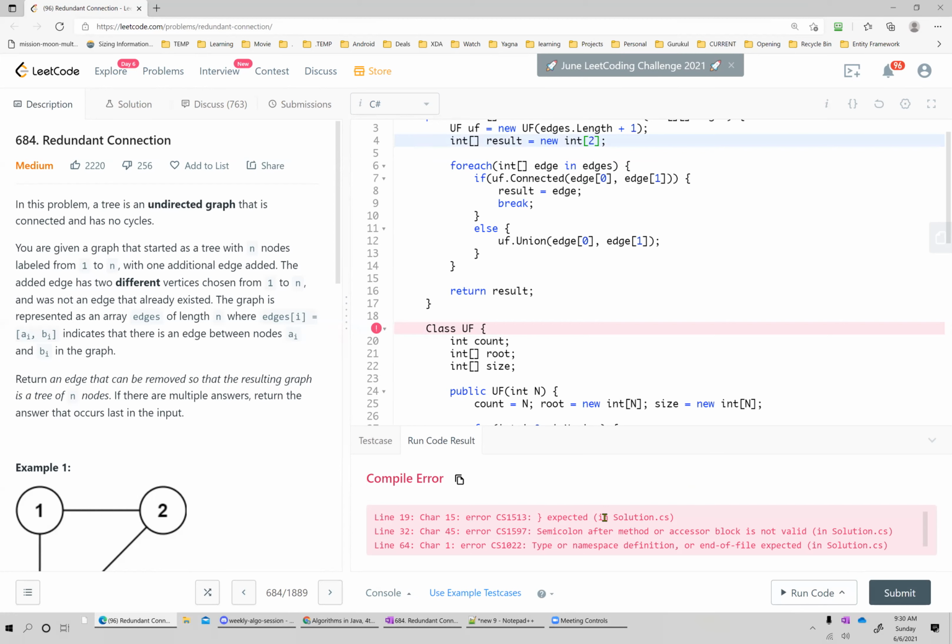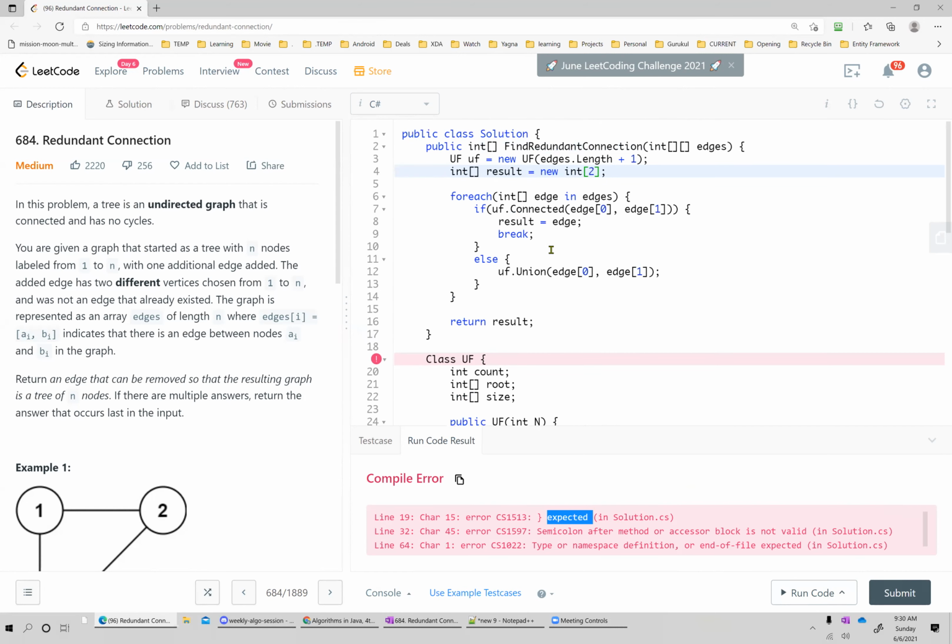Complaining with the UF class, right? There's something remaining. So what is happening here? This is ending here. Okay. Return result. Line number 18, close the class. Yeah, one more brace.